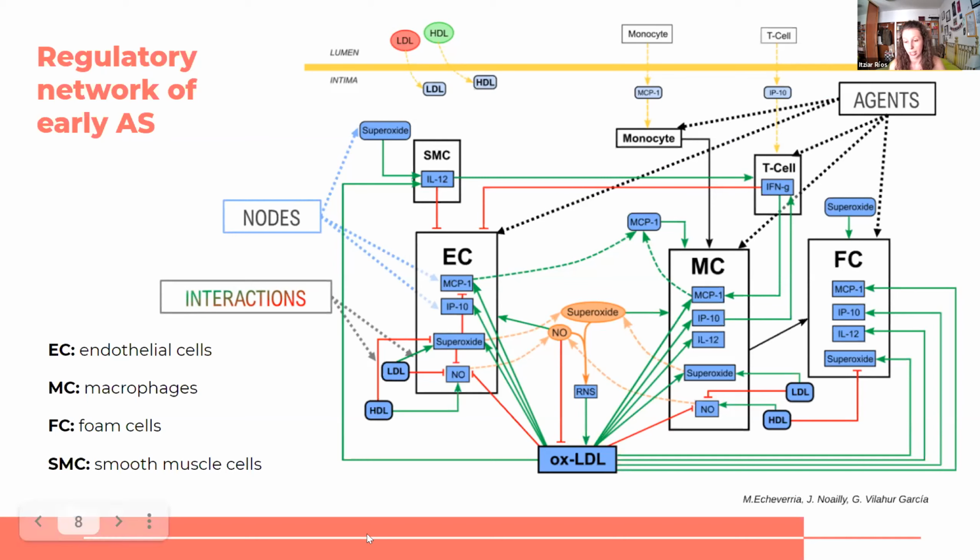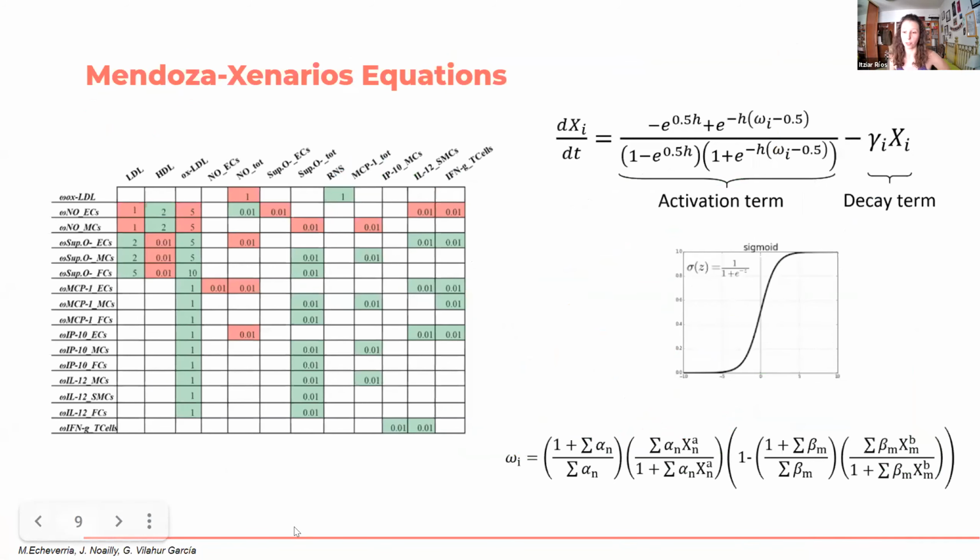So the green arrows basically mean a positive interaction or an activation, meaning that this molecule is activated by the presence of this other molecule, and red arrows mean the opposite, a negative or inhibitory interaction. If we go to the next slide, we can see the equations that model these types of networks, which